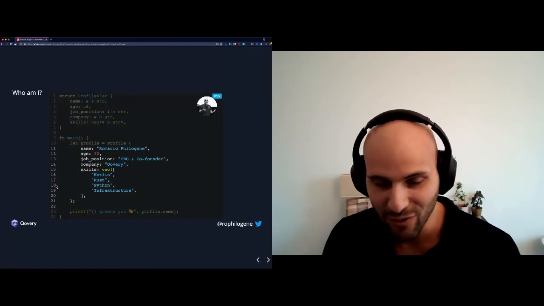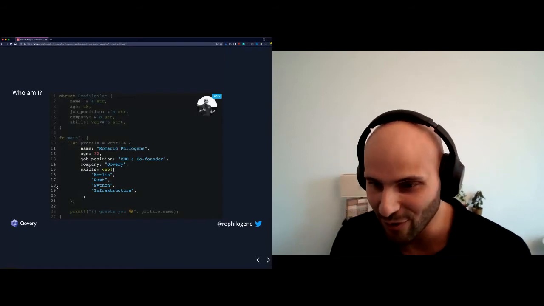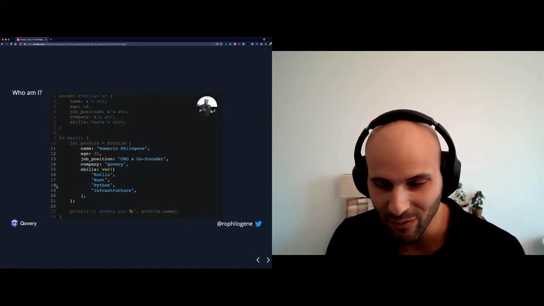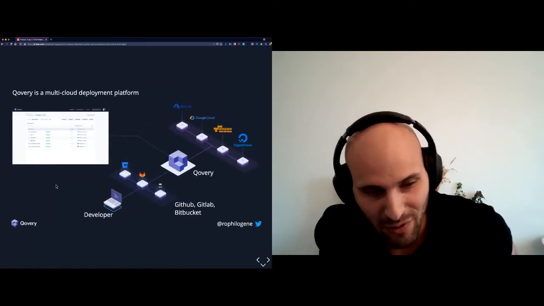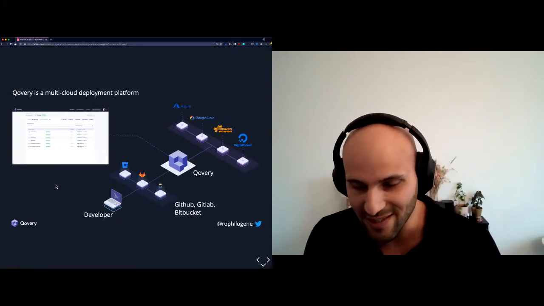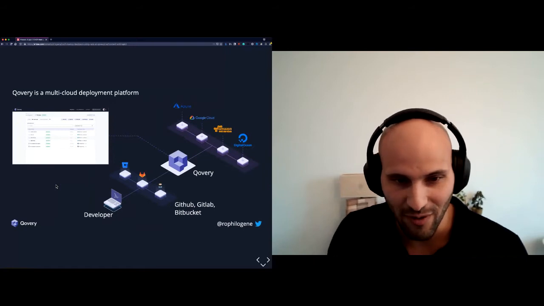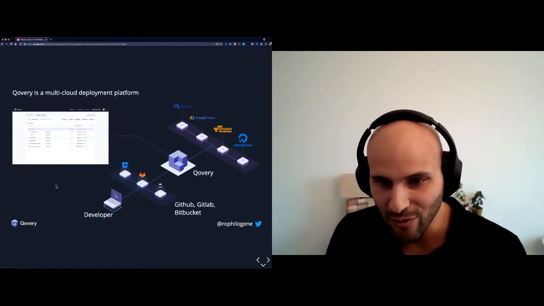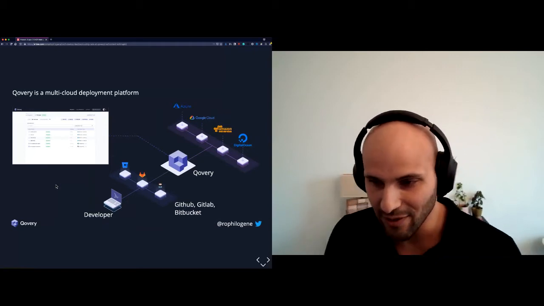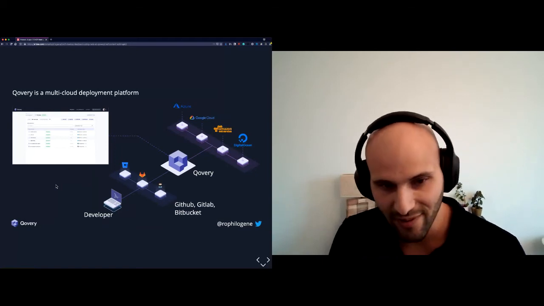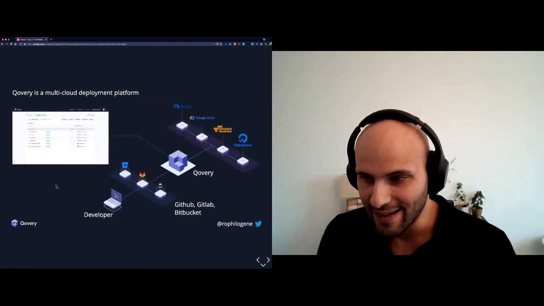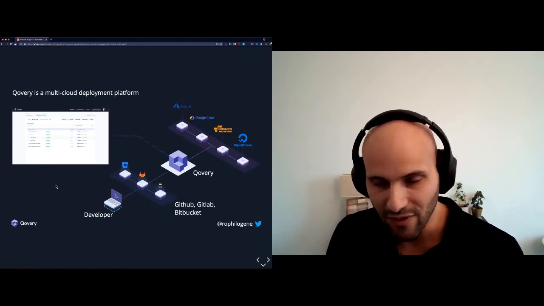And now what we try to do as a Qovery founder is helping any developers to deploy their application in the cloud in a very seamless way. So just to keep introducing Qovery, what we do basically is to help those developers to deploy their application because it's not their job to do that. It's the job of the DevOps. So the only thing that they need to do is to get connected through Qovery, to select the repository that they want to deploy with the different dependencies that they need, like the database, the storage, the domain. And at the end, they can deploy their application on the cloud provider of their choice.